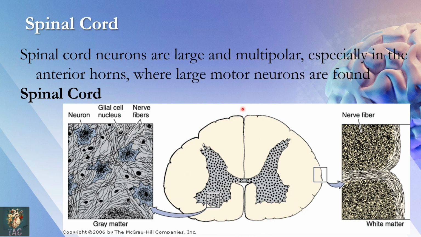So from externally you can see this is the posterior median sulcus and this one is the anterior median fissure. Then this is the anterior gray matter and this is the anterior white matter. This is the lateral white column and this is the posterior white column. Similarly, this is the posterior or dorsal horn of the spinal cord and the anterior or ventral horn of the